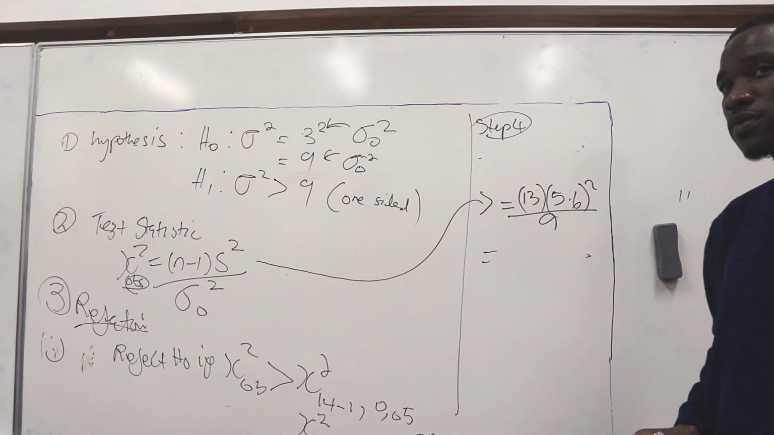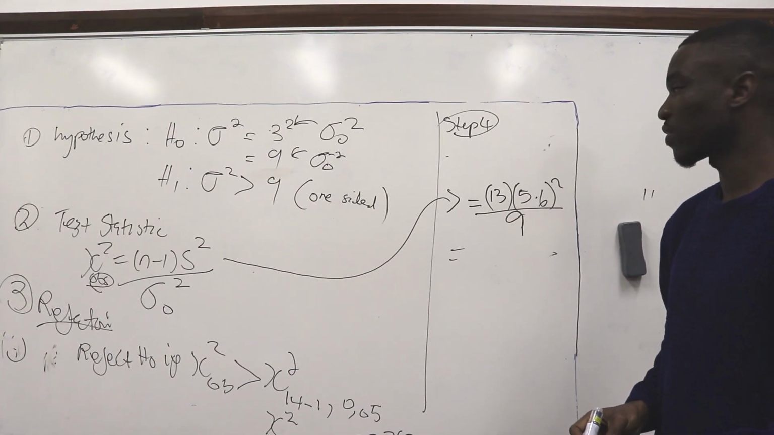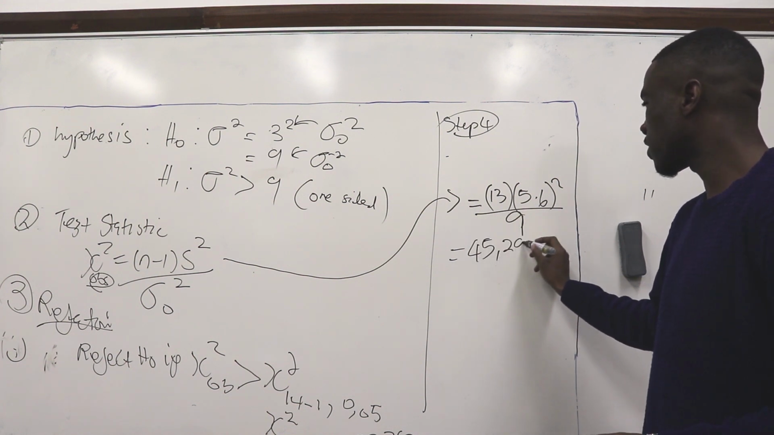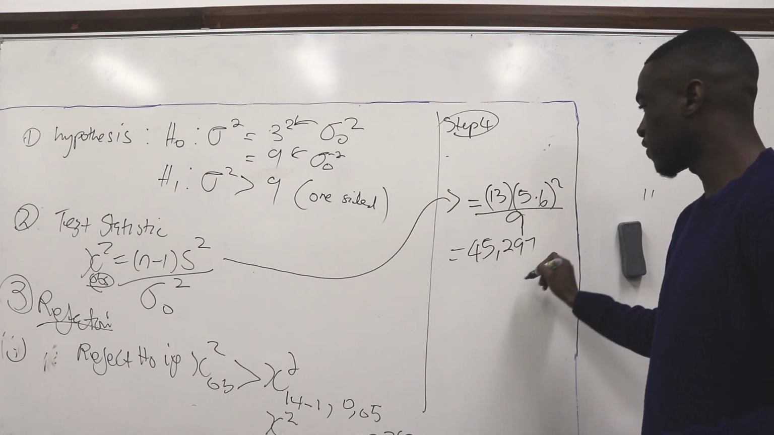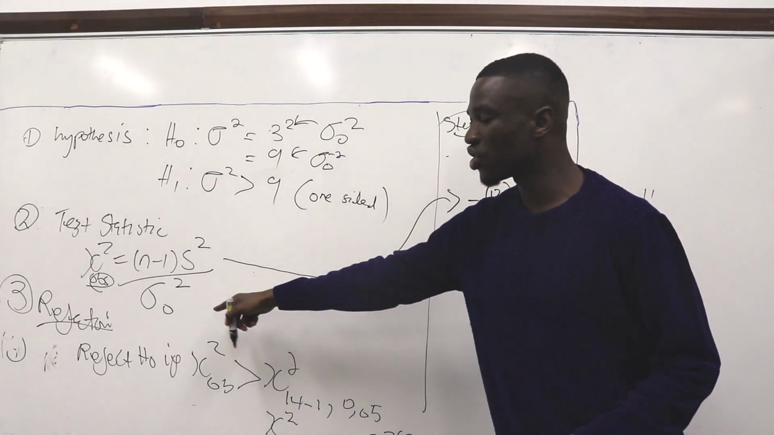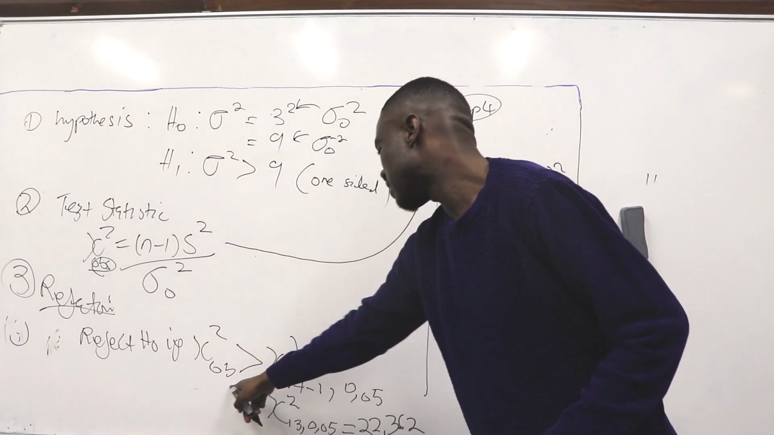What is the value? Is it over 9? It's 9. Yeah, it's over 9. 45.297. So you remember, just by going to our rejection region, we can see that this number indeed is greater